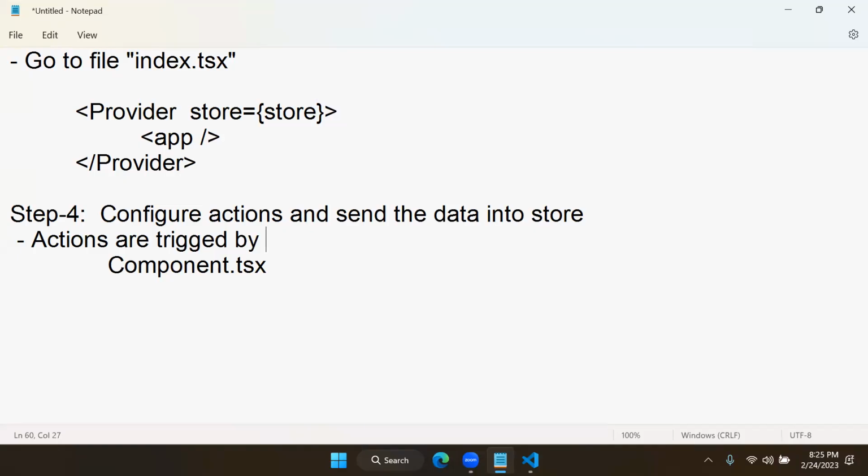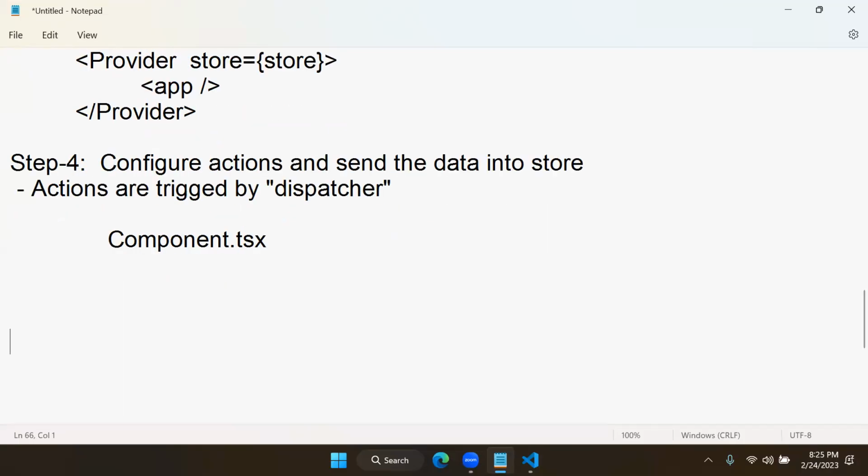In the useReducer hook, who triggers the action? Who sends the data? Actions are triggered by the dispatcher. So you need a dispatcher. In this component, suppose you just write a function, some add to cart click. On add to cart click, what we have to do is import